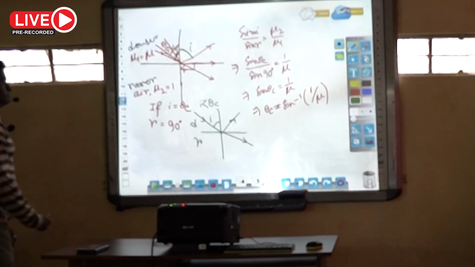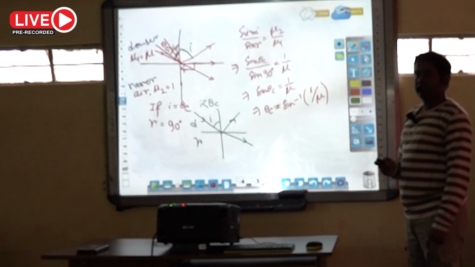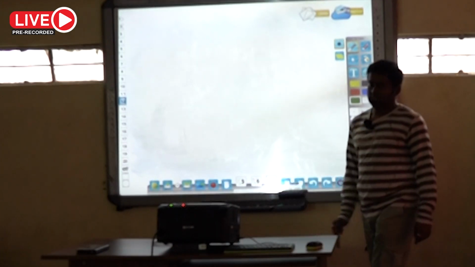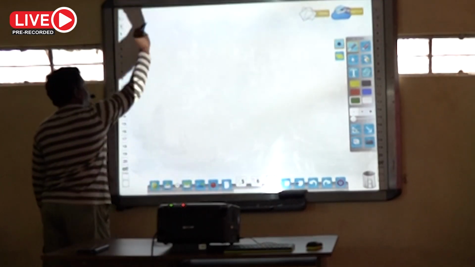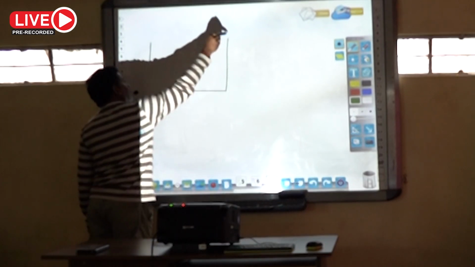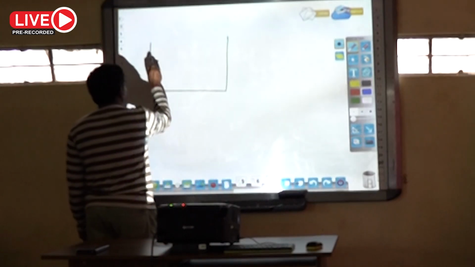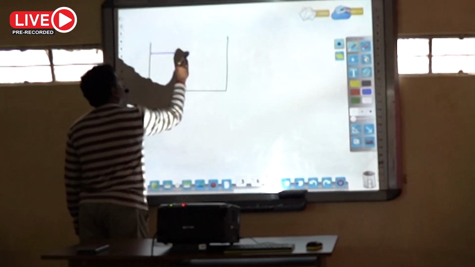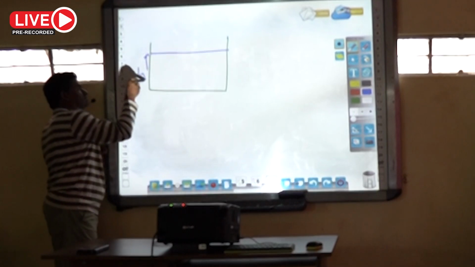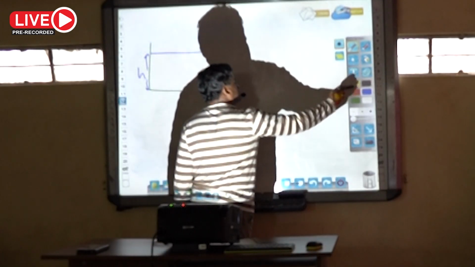Okay. Now, on the basis of this total internal reflection, we will discuss a particular problem. See, suppose this one is a water tank in which up to a certain depth water is filled. Suppose this depth is H, filled with water. Now we consider a source of monochromatic light is here,